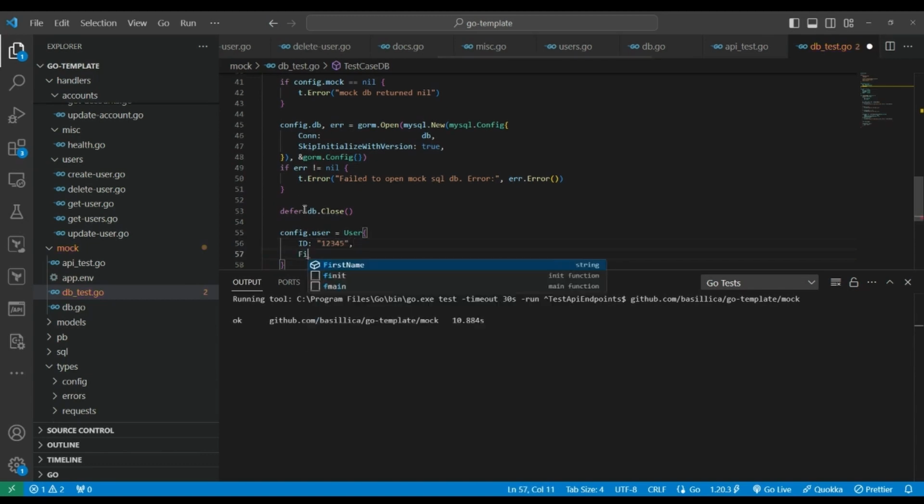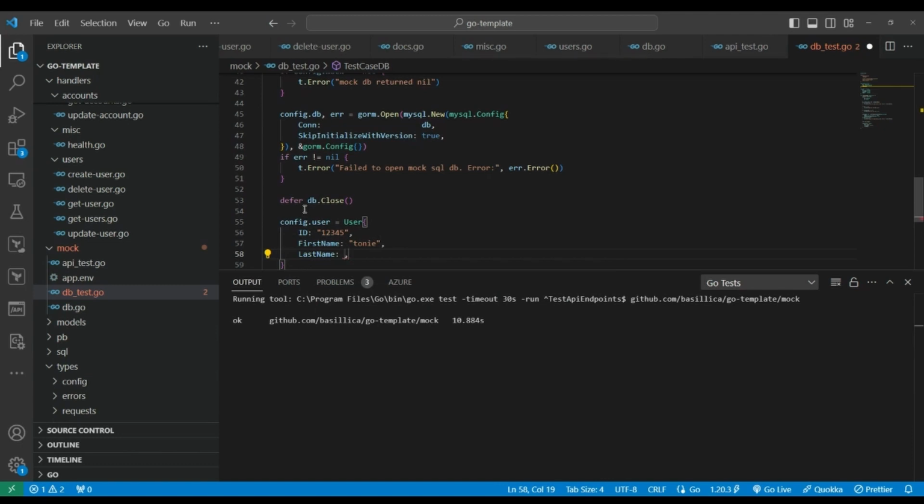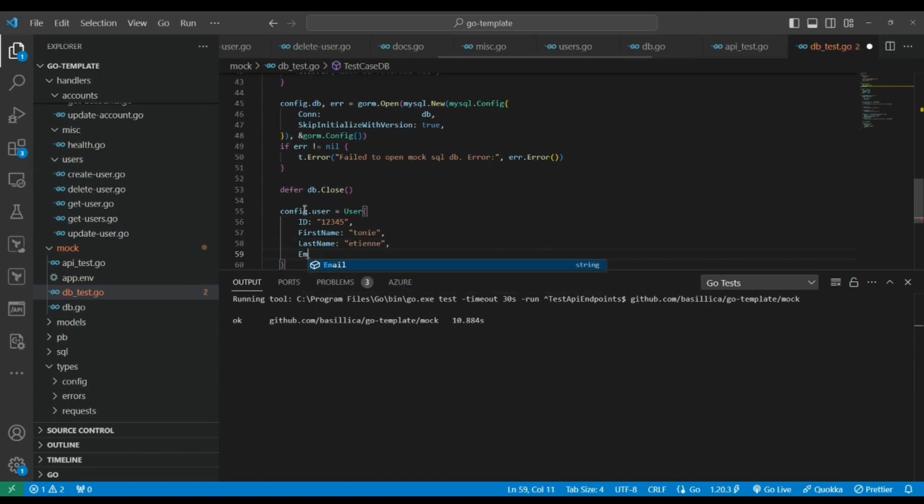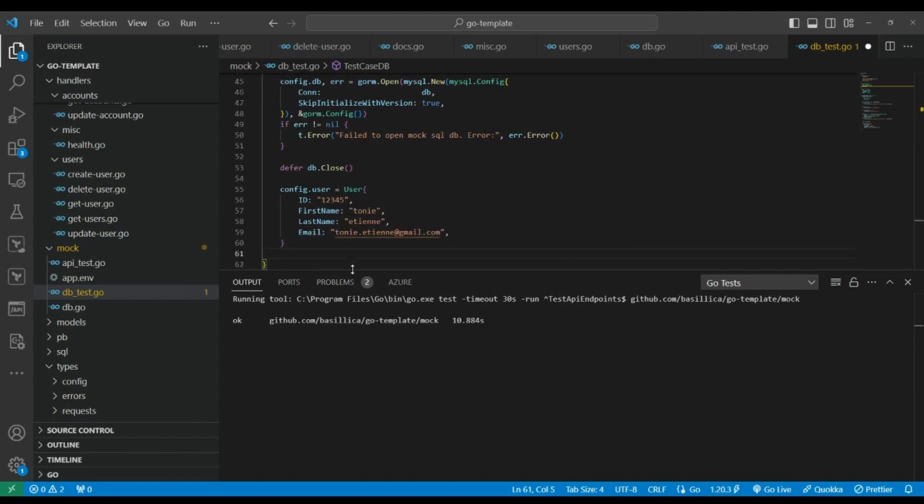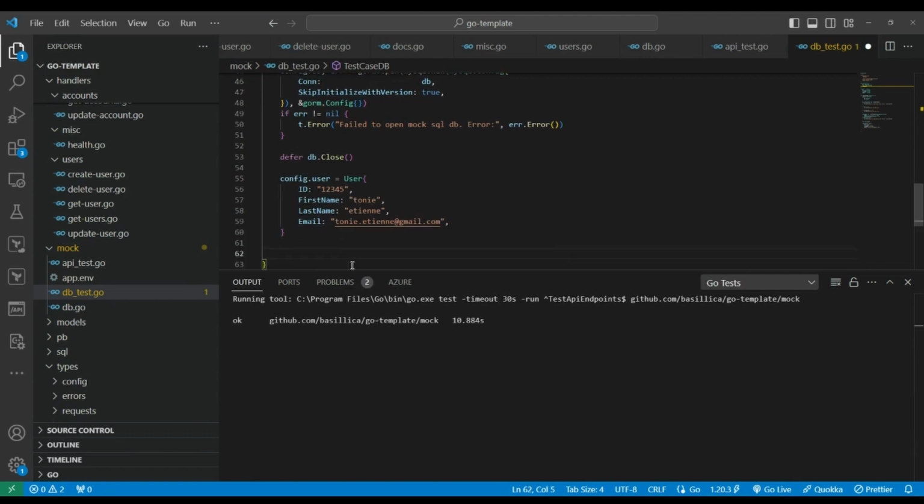And again, first name Tony, last name 18, email I can say Tony.18 at gmail.com. Okay, so I can start my mock, and I say